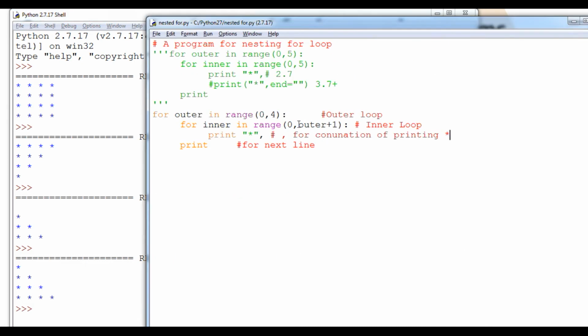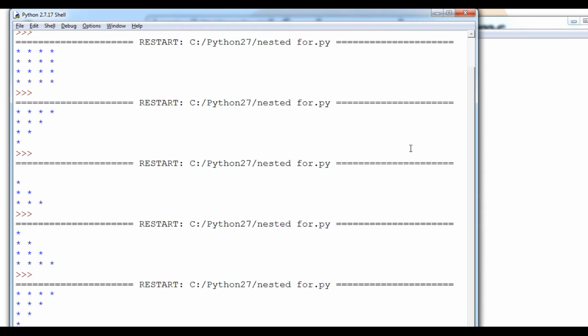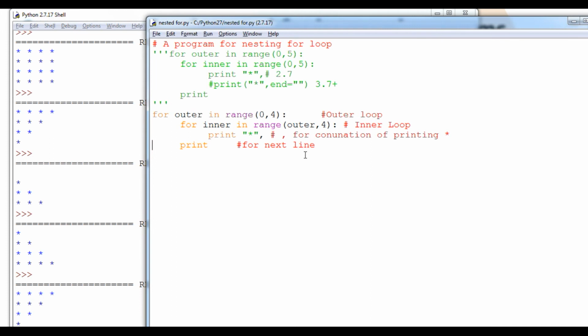Okay, and if you are going to change the logic like this, here will be outer, and here will be 4. So this time we will print this triangle, as you can see in the figure. So here there is a relation between this and that also. So here from 0 to outer plus 1. So what is going on, look at here student, to analyze this particular loop working, we have to learn try run. Okay, I will tell you what is try run in the next video.